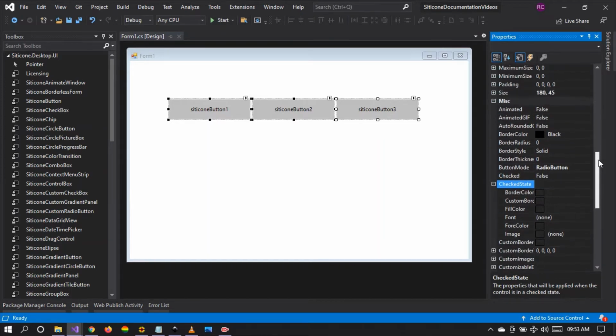Remember that the check state property works only if the button mode property is either set to toggle button or to radio button. It does not work when the button mode is set to default button because we cannot check or select a default button the same way we would select a radio button. So for the checked state to work, the button mode has to be either radio button or toggle button. In this case, we have set the buttons to radio button, and we can therefore configure the checked state